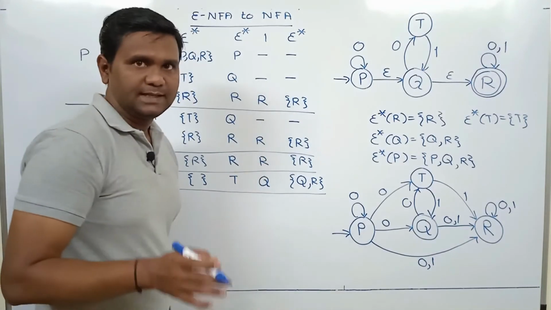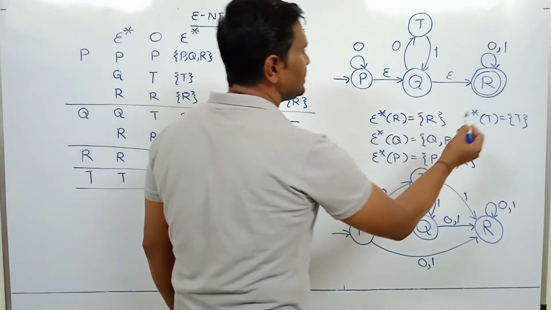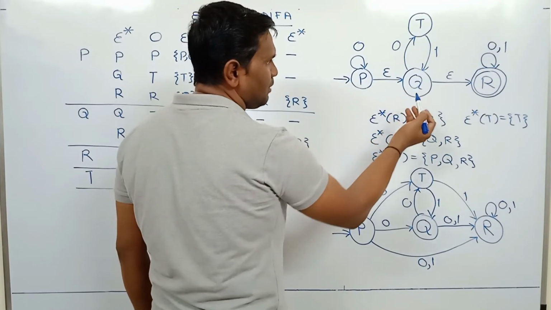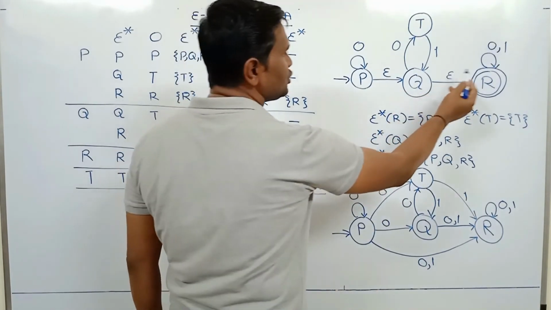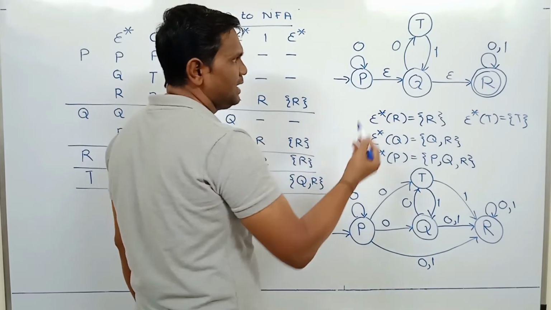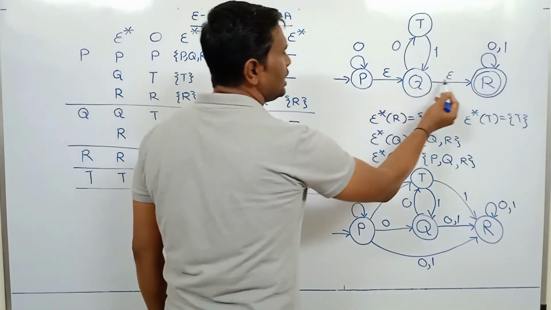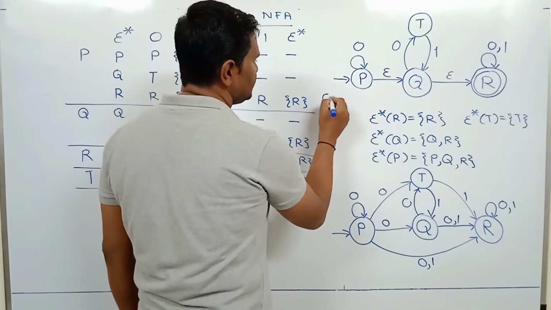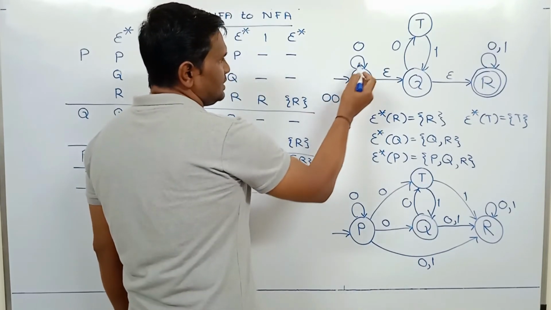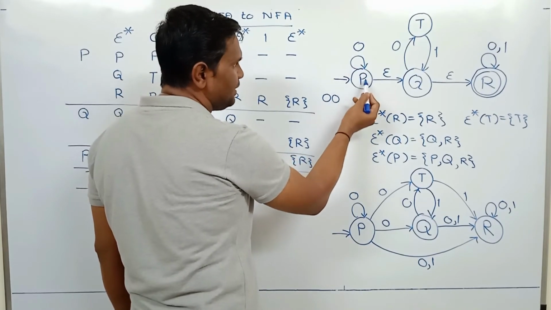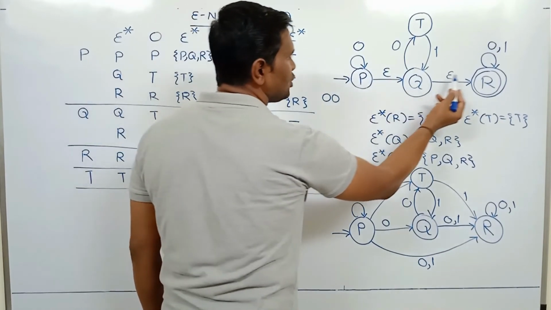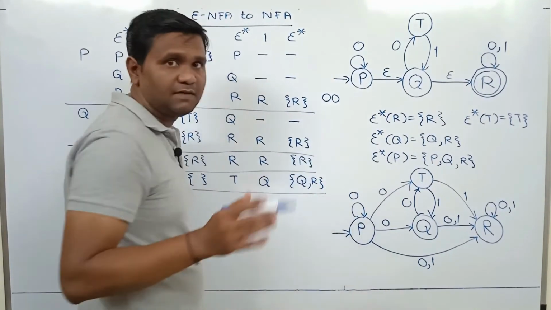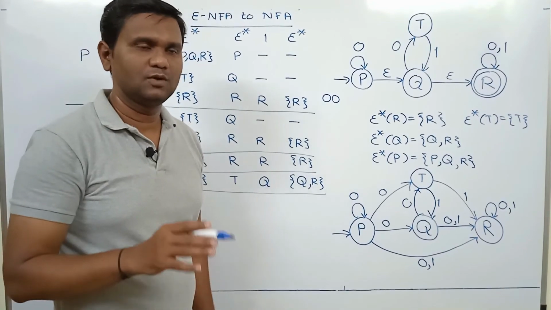Now we have to mark final states. Now if you consider state R, it is final state, but from Q, by taking only epsilon transition, you can reach to R. From P, by taking only epsilon transitions, you can reach to R. So what it means is, if you consider string 0, 0, then string 0, 0 ends in P. After that, by taking only epsilon transitions, you reach to R. So P also is a final state in NFA without epsilon transitions.